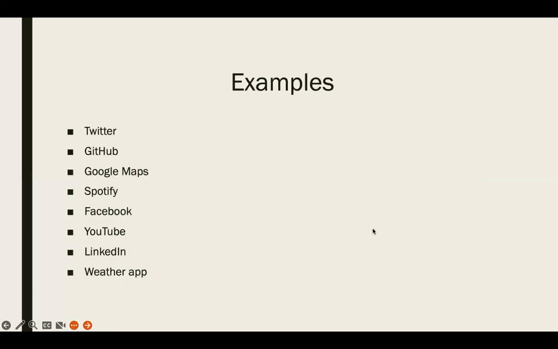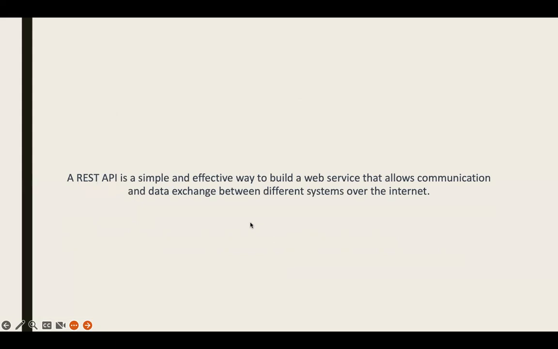Here are some examples of applications that use a REST API: Twitter, GitHub, Google Maps, Spotify, Facebook, YouTube, LinkedIn, weather apps. So just to recap, a REST API is a very simple and effective way to build a web service that allows communication and data exchange between different systems over the